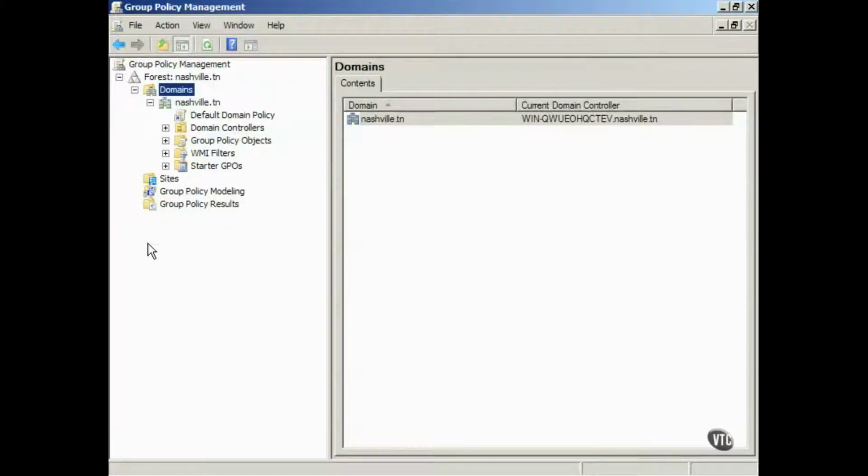Now in the previous video we talked about the basics of the group policy management tool. What I want to do now is talk to you about how do I create a group policy object that I want to begin to apply. Now let me tell you something, this is something that you need to whiteboard quite a bit, and you need to get a few people involved. I've done some consulting with some rather large